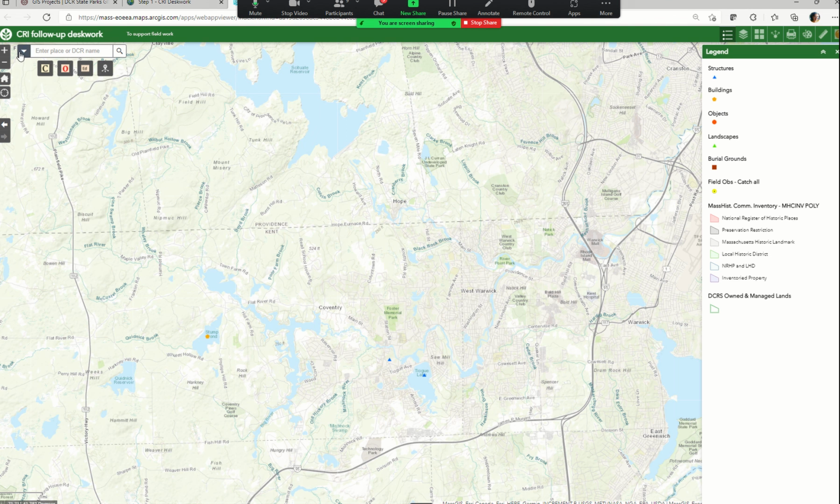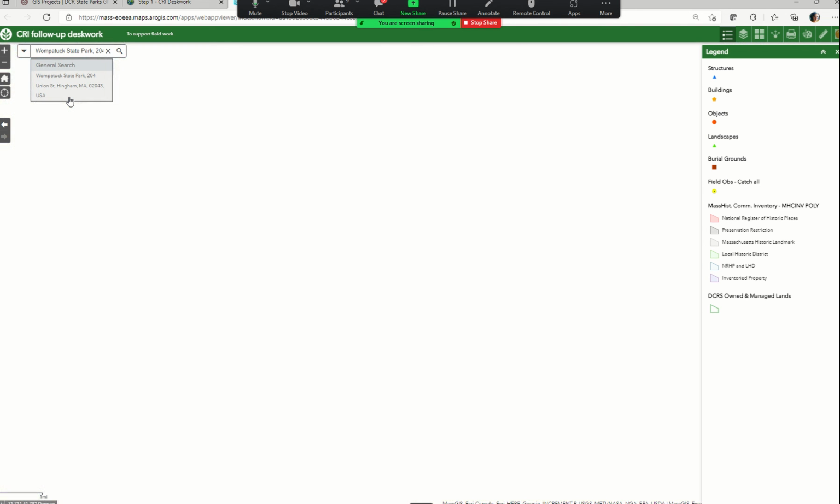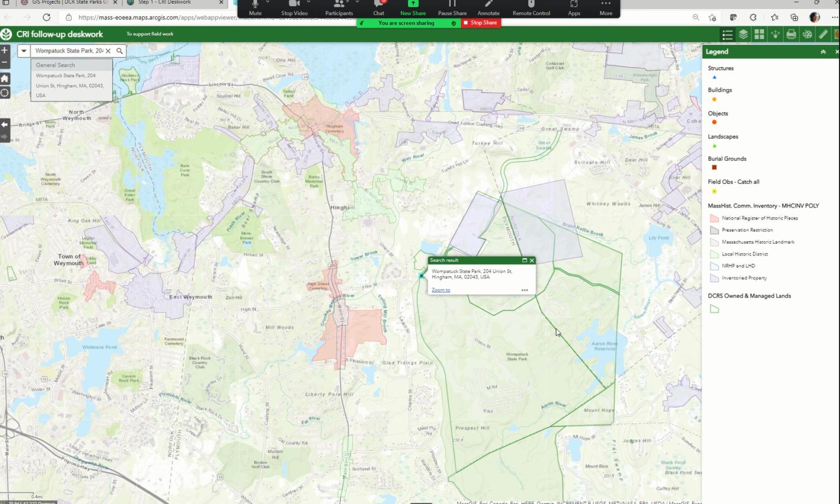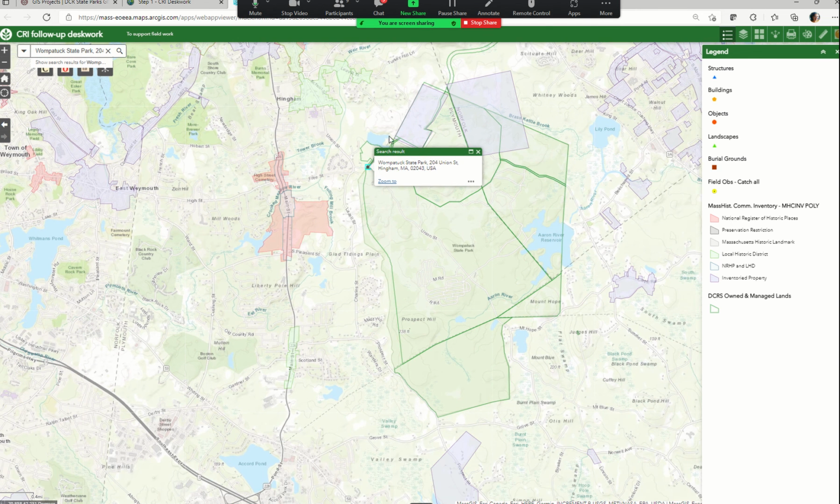Last but not least, oh, well, actually, search. You're able to search. If you do a search like that, you'll notice that the results show up under 2 headings. General search is whatever the map thinks, where the map thinks Wampatuck State Park is. You can see these are the outlines of the DCR property. This is where you're sent. But instead,